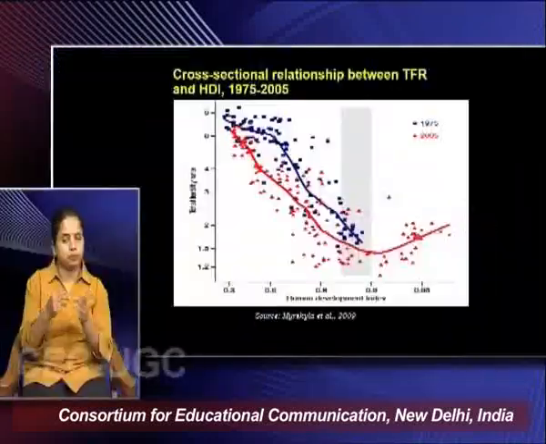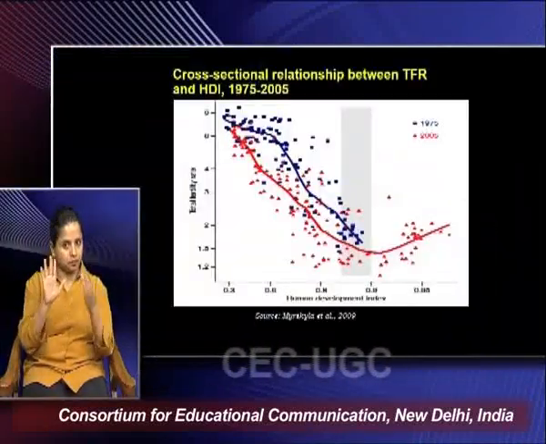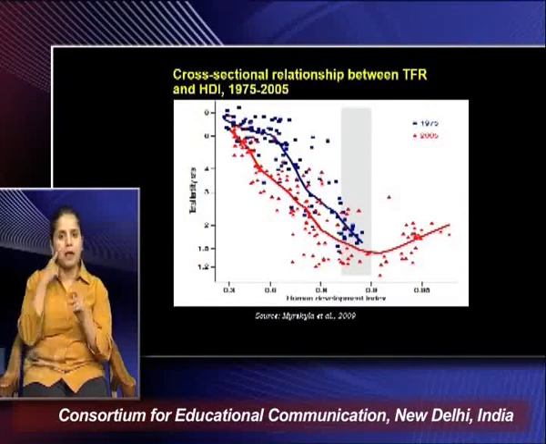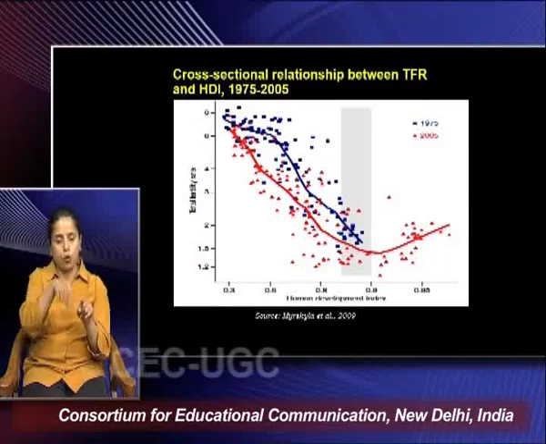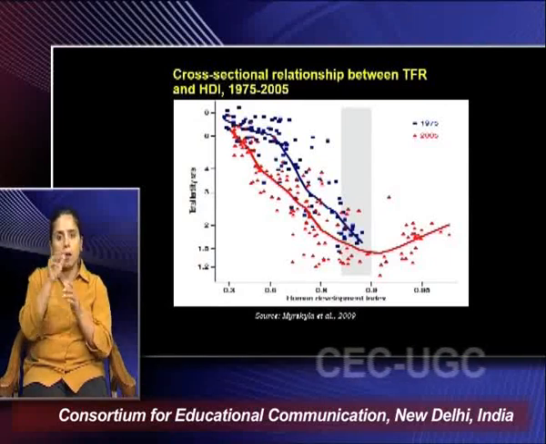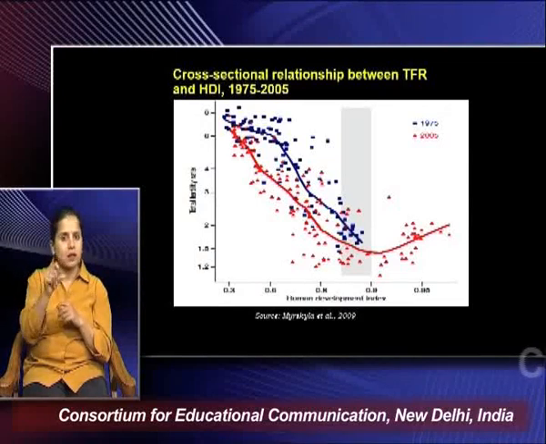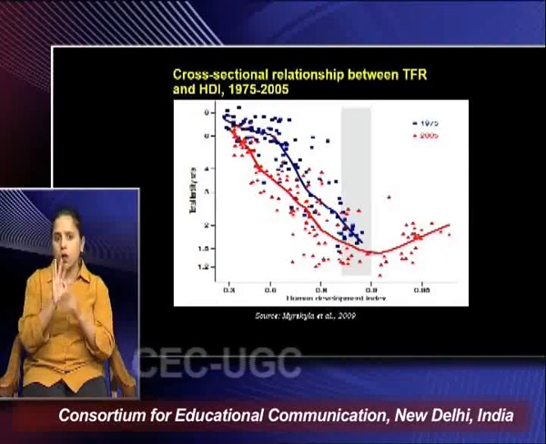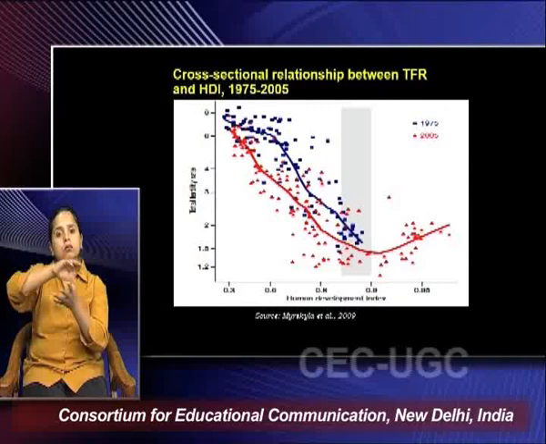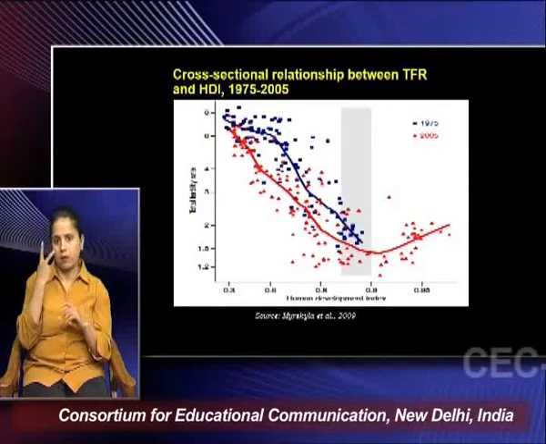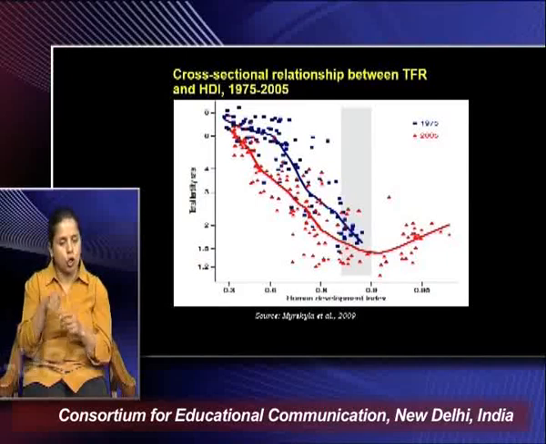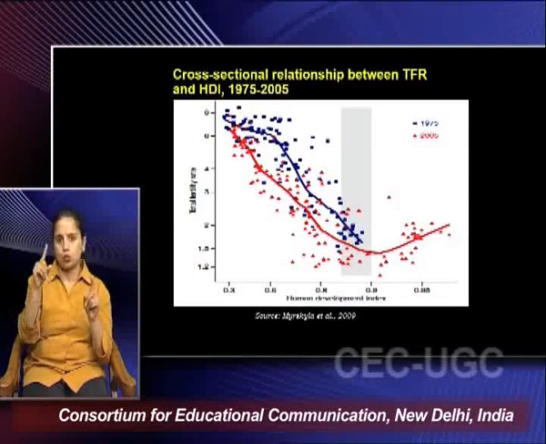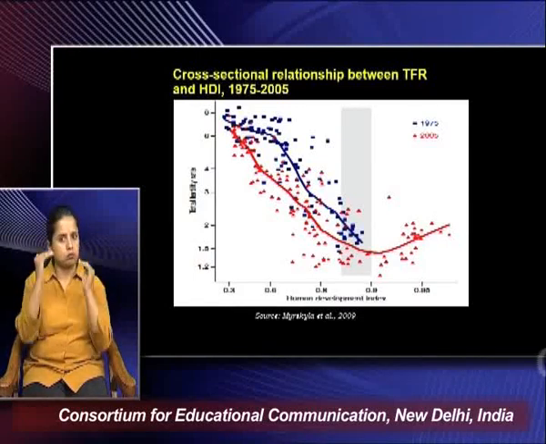This is another important, interesting slide where we try to show the association between the Human Development Index on the x-axis and the total fertility levels on the y-axis. And if you compare, the blue color shows you the scenario in 1975 and the red color shows you the most recent scenario in 2005. And it shows that as the human development of different countries, so these are all the countries from the world for which we have this data for TFR and the Human Development Index. The HDI score varies from 0 to 1. So as a country advances in its HDI scores,